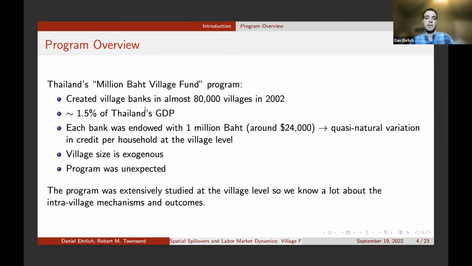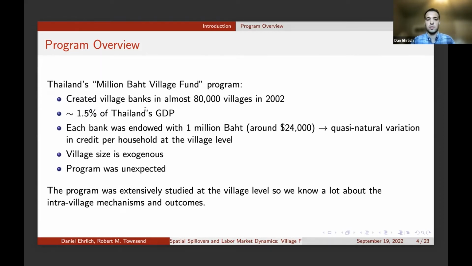So the program we're going to be thinking about specifically is Thailand's Million Baht Village Fund program. Back in 2002, the Thai national government created village banks in almost 80,000 villages in Thailand, which is pretty much every village in Thailand. So already you can kind of see this was a large program. In fact, the scale of the program is around 1.5% of Thailand's GDP. So we should be expecting to see large, both general equilibrium effects and spatial